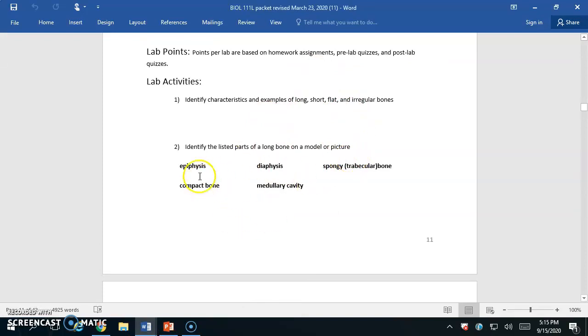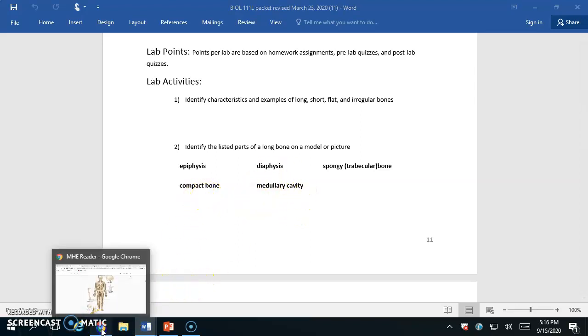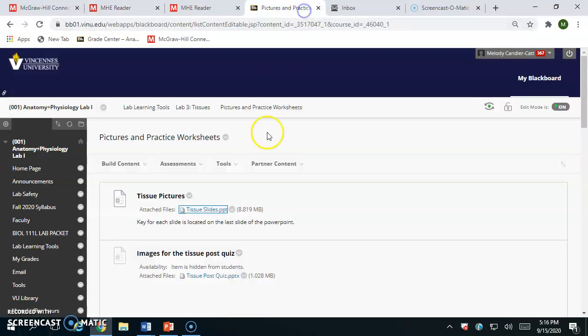The next objective is the long bone anatomy. If we look at all the long bones in our body, they have particular areas on them that we use terms to describe. These are the 5 structures, or characteristics, on a long bone that you'll need to identify. Probably the best way to find that information is to go to your